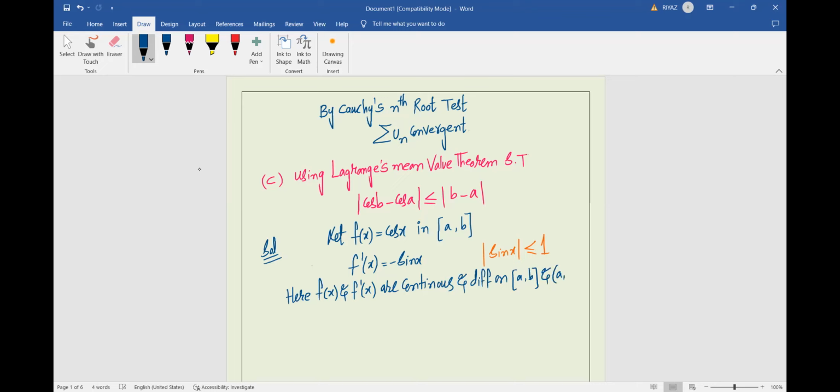For respectively I am using the short form, since we don't have the time to write the full form. So then there exists